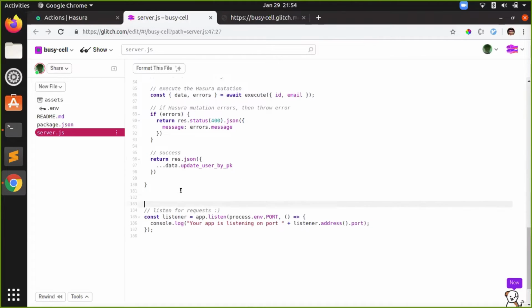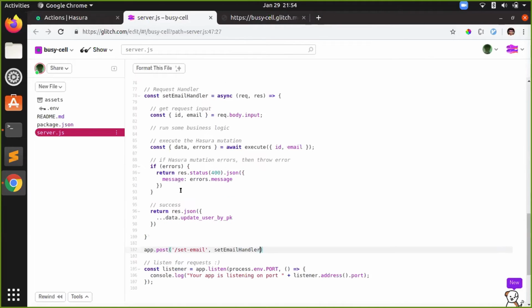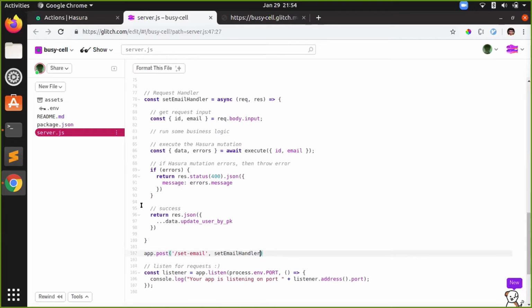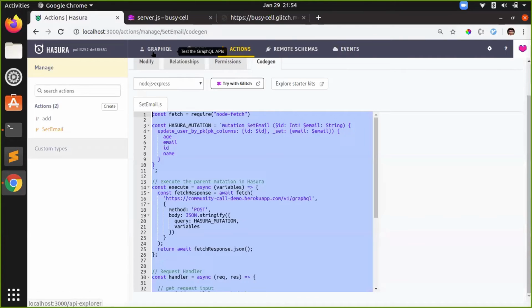And I'll add another route, app.post /set-email handler. Yeah, hope there's no typo here. Yeah, works. So I'll just go back now, and I will try to